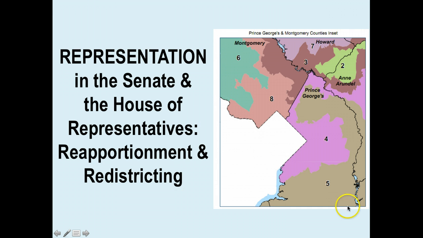And if you see in this image over here, you will recognize Prince George's County, Anne Arundel County, Howard County, Montgomery County. These are all counties in the state of Maryland, and you'll notice these colored boundaries here that go in a variety of these counties. You see 4, 5, 2, 3, 7, 8, 6. These are called districts,